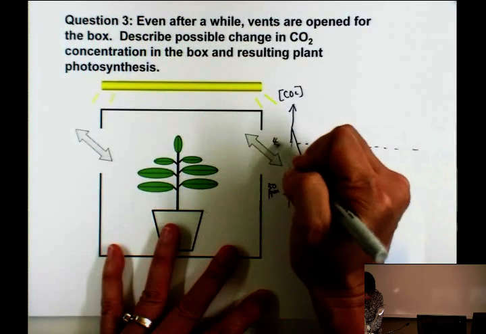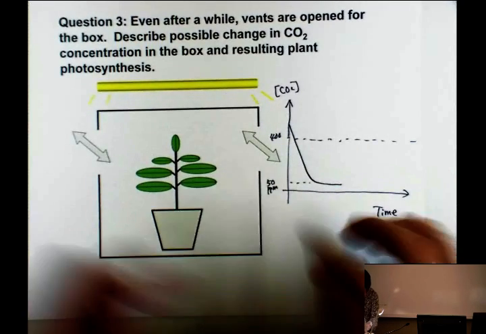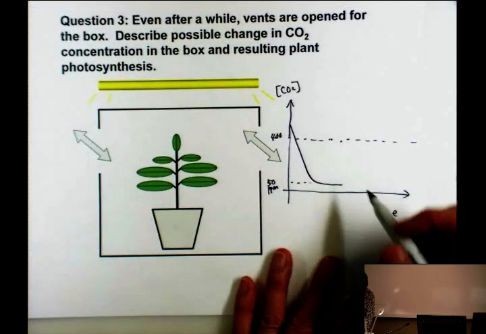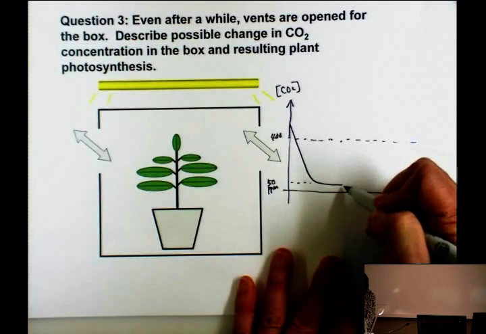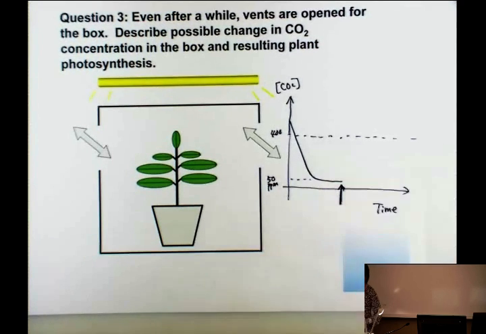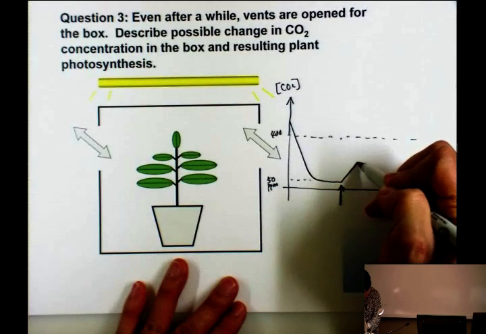This is the 400 level. Okay? All right, so I open up the vents. I made a hole or a little window, and I did that at this timing. And how does the CO2 change? Caitlin. It'll drastically increase until it reaches 400, in which case